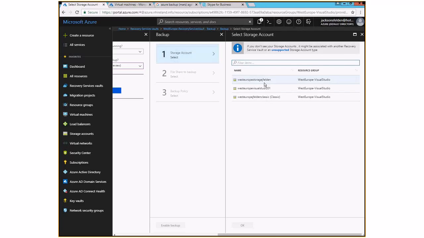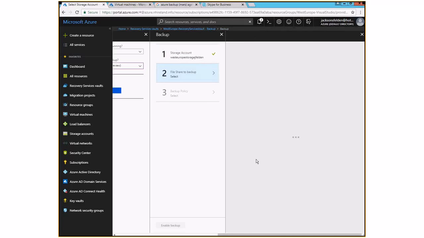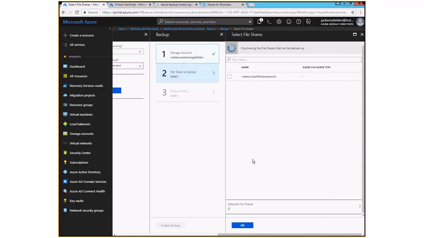Under my subscription, I have those three storage accounts. Let me select the first storage, and under it I have one of my file shares called Western Europe file share reports. That's my source.